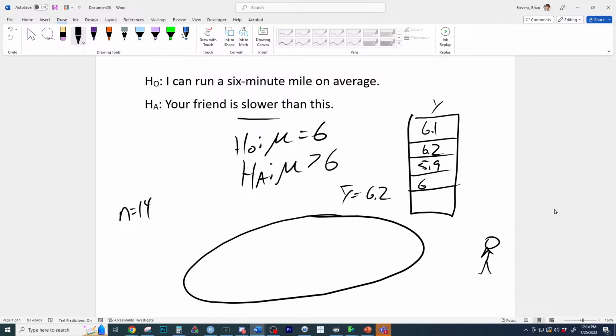But if you notice, they don't always run it the exact same amount of time. There would be variation, and the standard deviation is the metric of variation right here, which would be something like 0.5. So now you might say, well, they didn't run it in exactly 6 minutes, but they're saying I can run 6-minute miles on average. So you're saying, well, wait a minute, they are taking longer. A lot of people would say, well, I didn't see my friend run it in 6 minutes, but I think if we did this, you might believe your friend, because now it's basically 6 minutes.